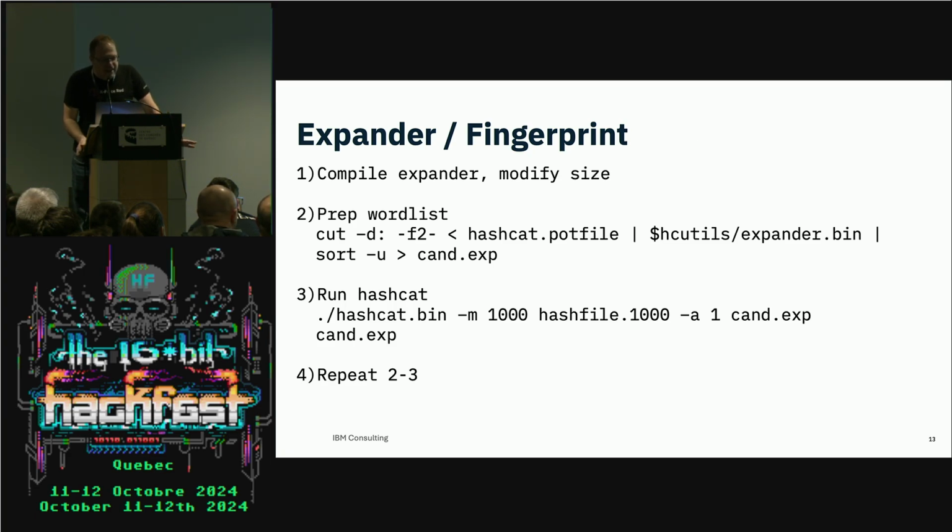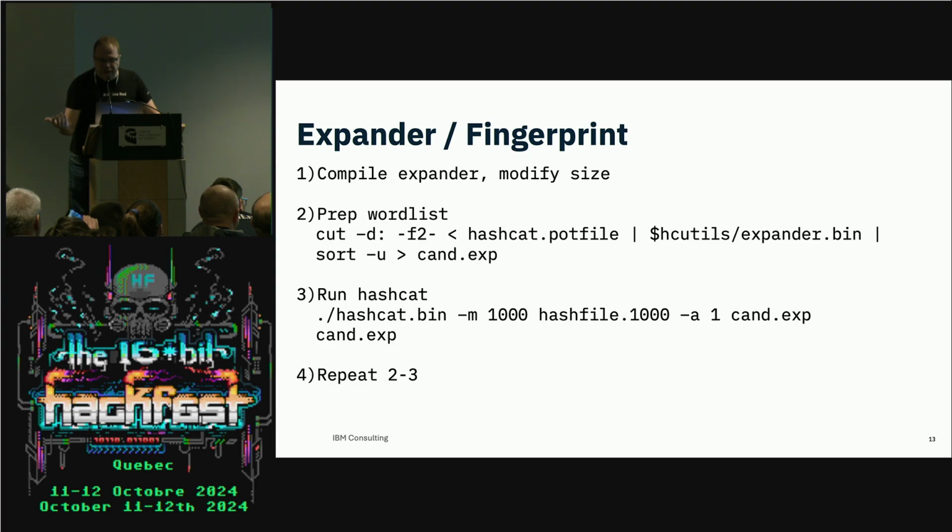So, this is what I call the expander fingerprint grind. Say you've cracked a bunch of hashes on Active Directory, and you've got a bit of a word list. Well, the hashcat pot file is the file that stores all of your passwords that you've already cracked. So you take it, you run cut -d colon. What that does is say, here's the colon separator, I'm going to move everything from the right. Now the problem is, what happens if you have a colon in your password? That messes up most password crackers. So you go -f2- to get everything past that.